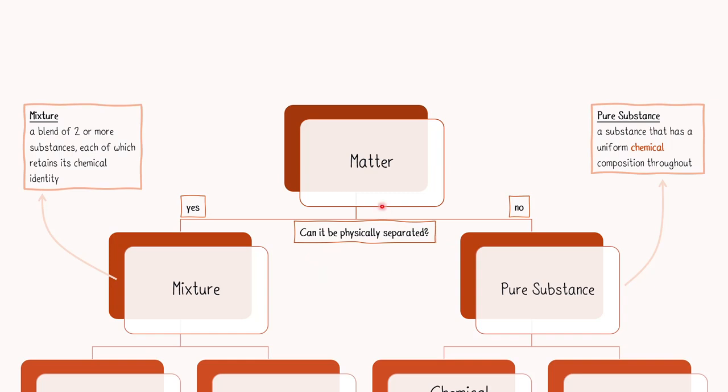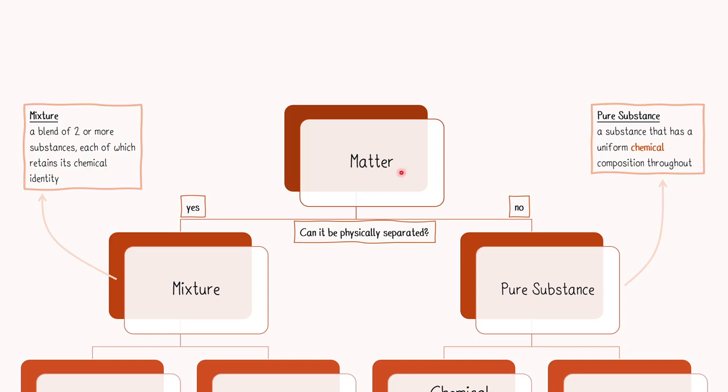So, if the answer to our question is yes, we have a mixture on our hands. A very nice example for this would be the cornflakes that we eat in the morning, usually with milk. The answer would clearly be yes, because we can easily separate the cornflakes from the milk by hand or using a filter, so we know it's a mixture. The definition of a mixture is that a mixture is a blend of two or more substances, each with its own chemical identity. The milk has its own chemical identity, and the cornflakes have a very distinct, different chemical identity. Therefore, we have a mixture.